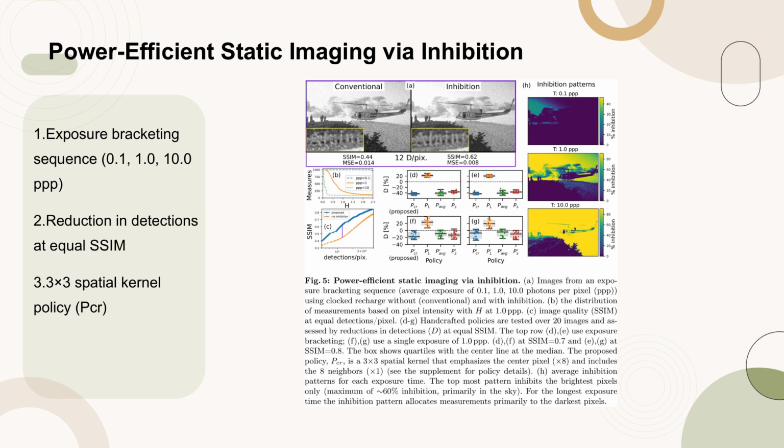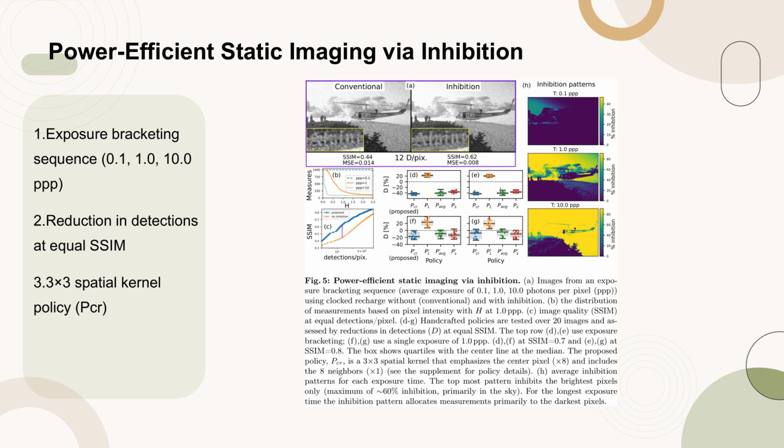Panel B displays the distribution of measurements based on pixel intensity at 1.0 ppp. Panel C evaluates image quality using the Structural Similarity Index measure, SSIM, at equal detections per pixel. Panels D-G present the results of testing handcrafted inhibition policies over 20 images, focusing on reductions in detections at equal